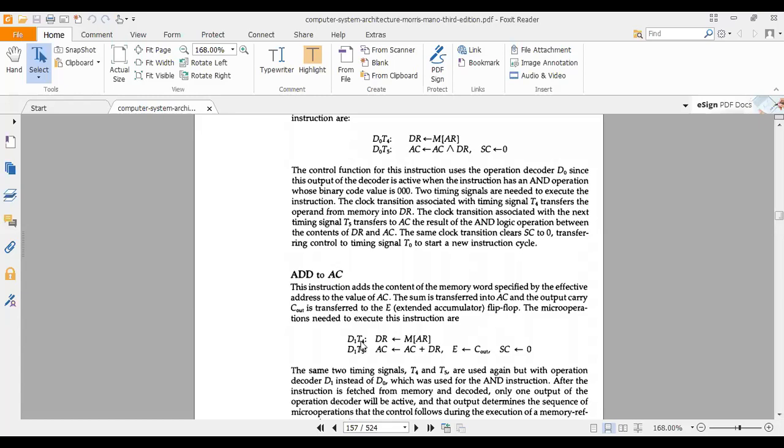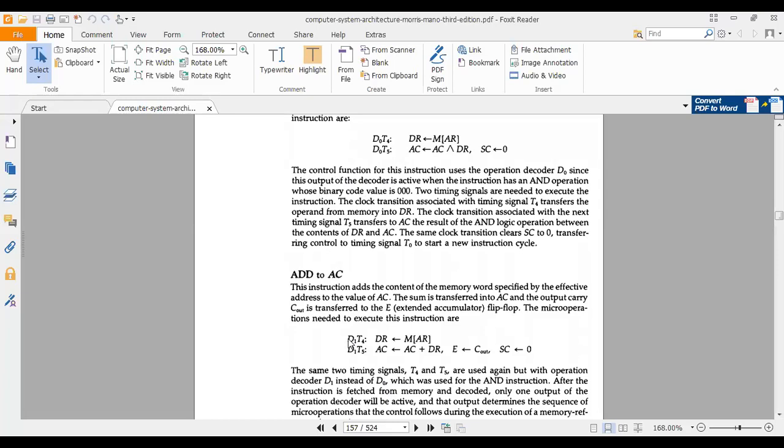So see here, why we have written D1 for addition, as I have shown you in the table, you must remember for 12, 13, 14 number bit में क्या होगा, 0, 0, 1. So 14 number pin is 0, 13 number pin is 0, and 12 number pin is 1. So 0, 0, 1 means D1. So when D1 is on, that means we are going to add something. Okay, add something. So that is an add operation. So similarly as previously, D1 indicates the operand operation type, the instruction type.